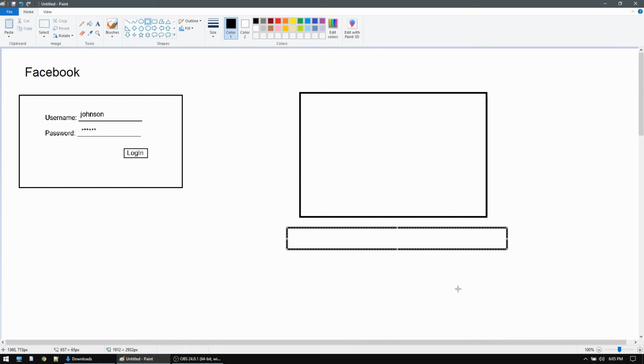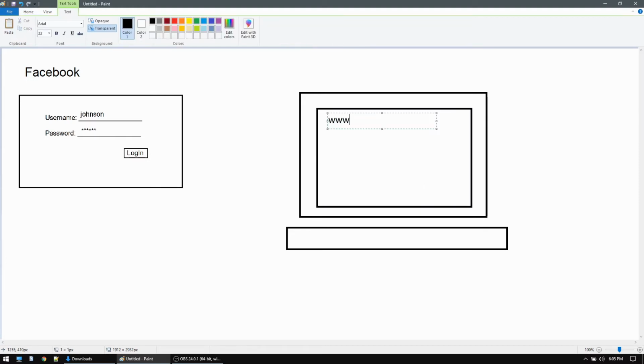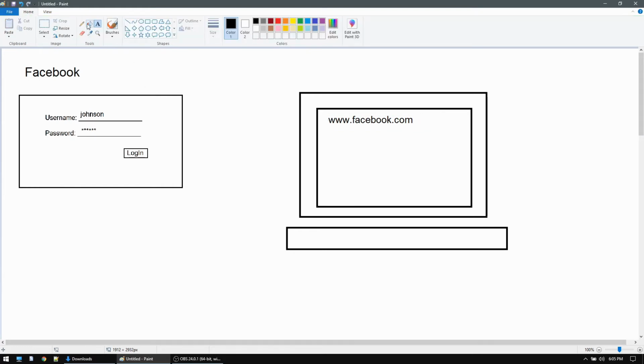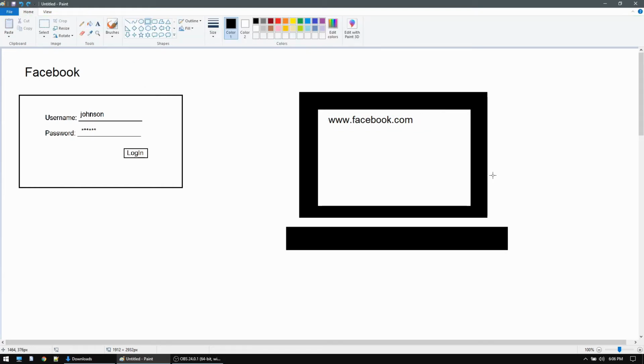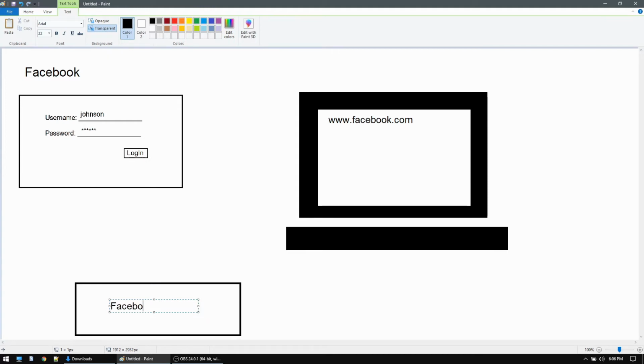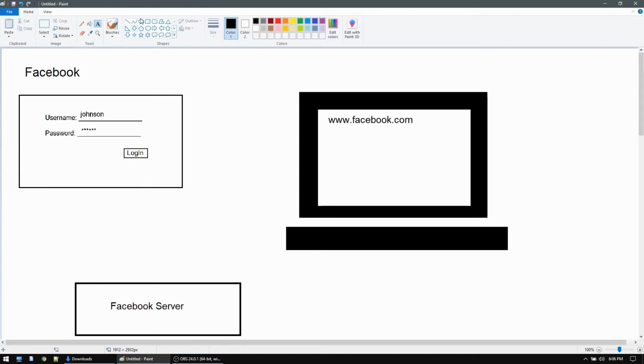When you go to your phone or your laptop or your desktop and you write down www.facebook.com, you are essentially making a request from your browser to the backend server. The request travels from your browser to your server. Now, I'm pretty sure you have heard the word server earlier. Sometimes when you try to go to a website and you find out the website is not working, you typically say that the server is down, isn't it? So whenever you're writing www.facebook.com or let's say instagram.com, you're ultimately trying to reach the servers of Facebook or